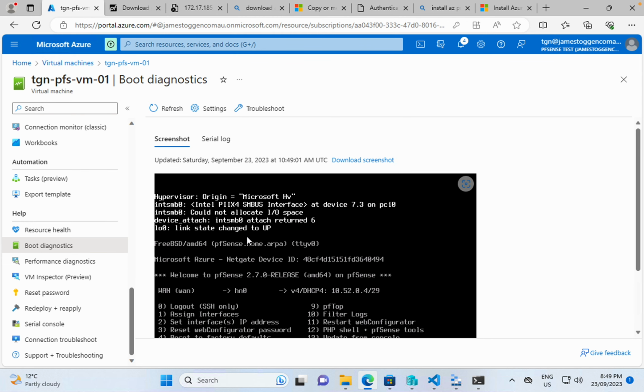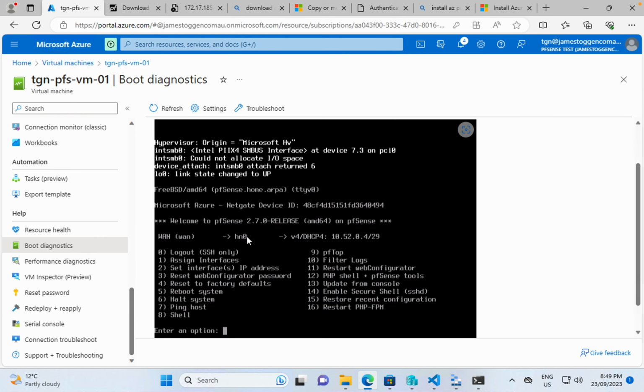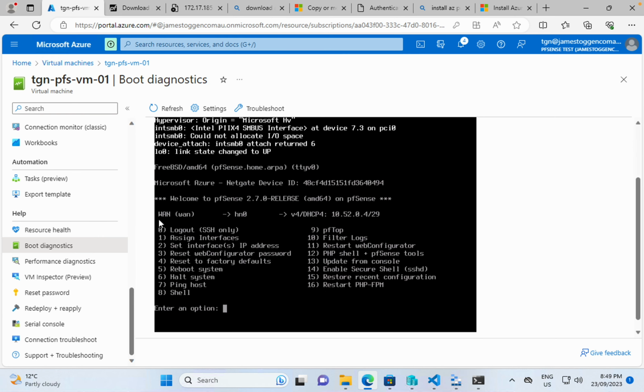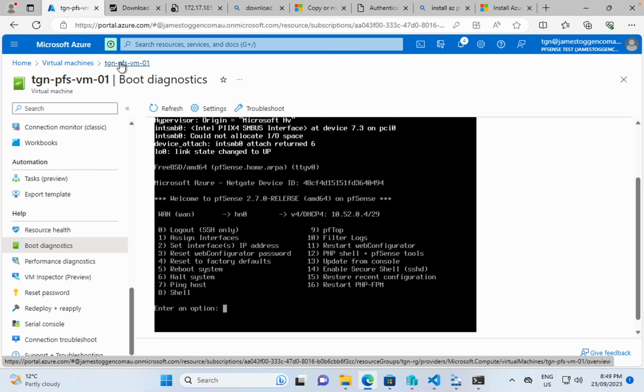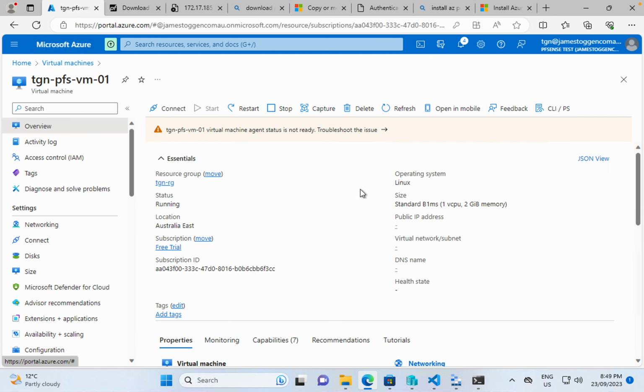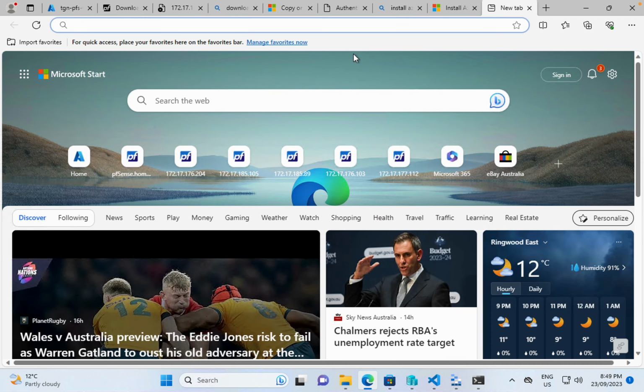There it is. Okay, so we've just refreshed now. Now we can see the console screen, and it's booted. We can see it's received a DHCP address from the front subnet. So that's the front subnet. And if we go and have a look in the settings, just click on here, maybe need to go overview, and just wait for a moment for the public IP to show up. So it's got this public IP, and now I'm just going to pop that in,